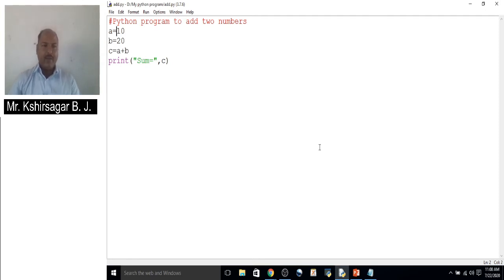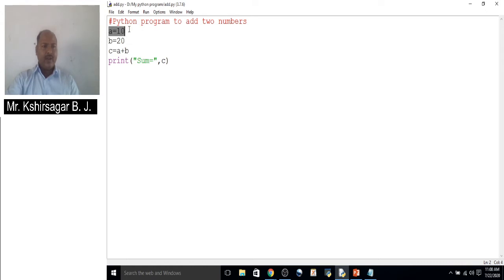Suppose we write a statement in this way, a equal to 10. If you write a equal to 10, some memory is allocated with the variable name a, and the value 10 is stored inside that variable.